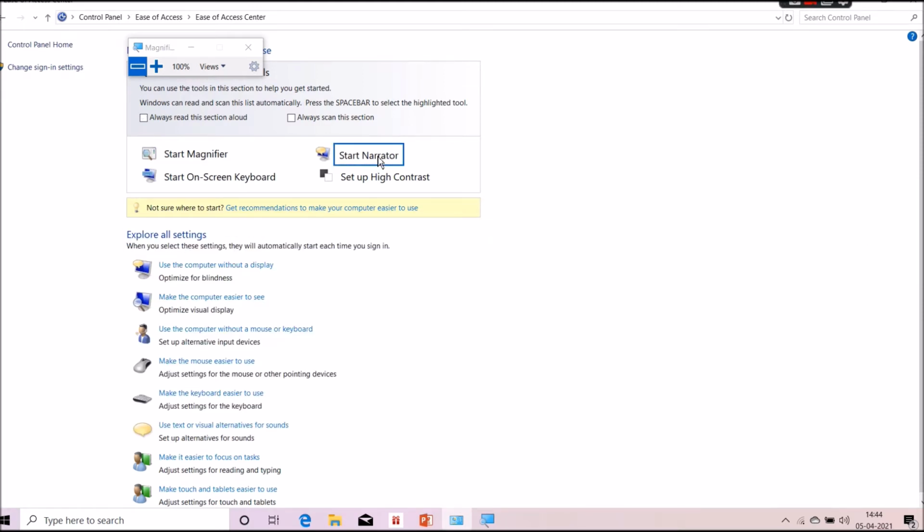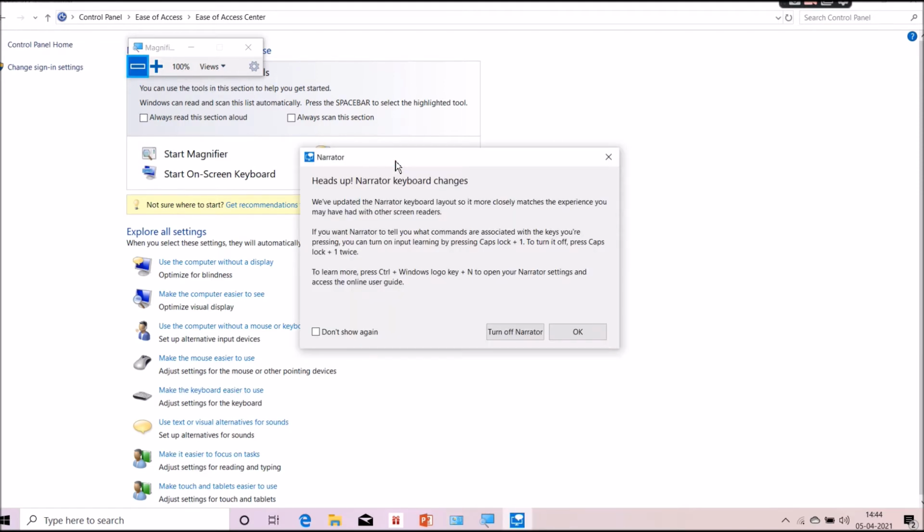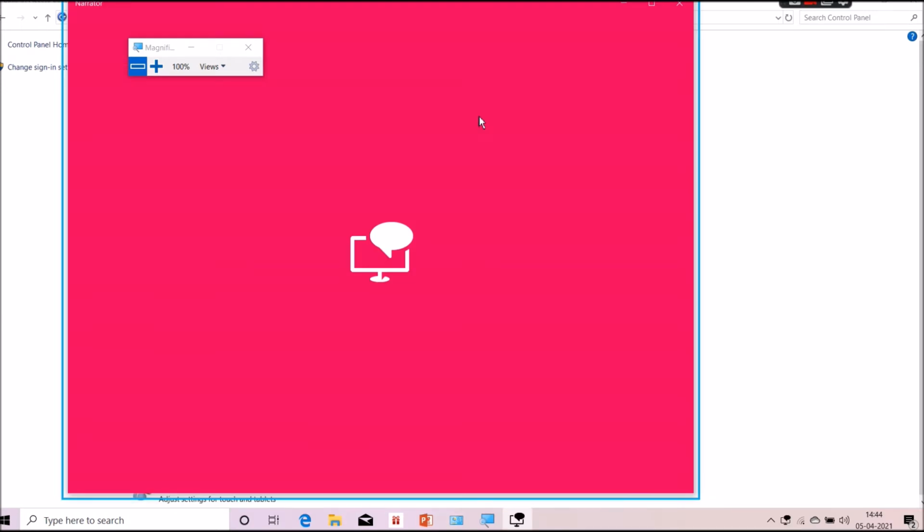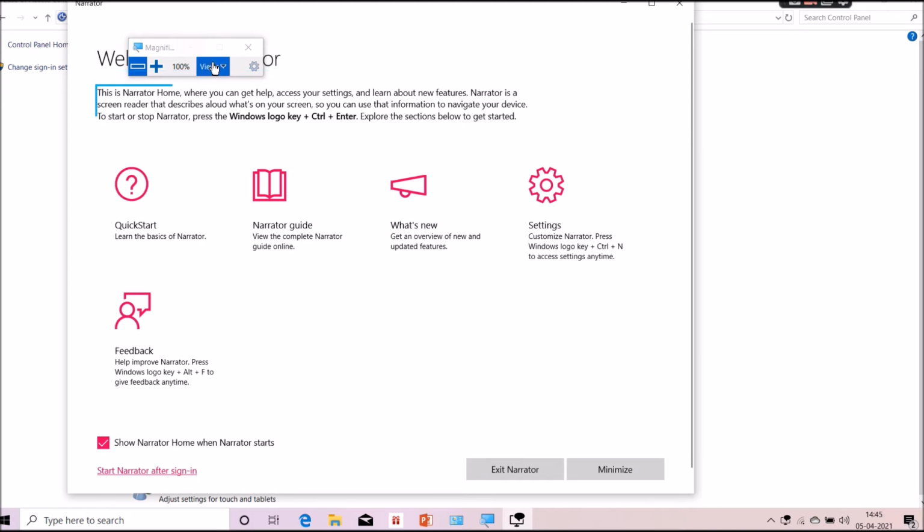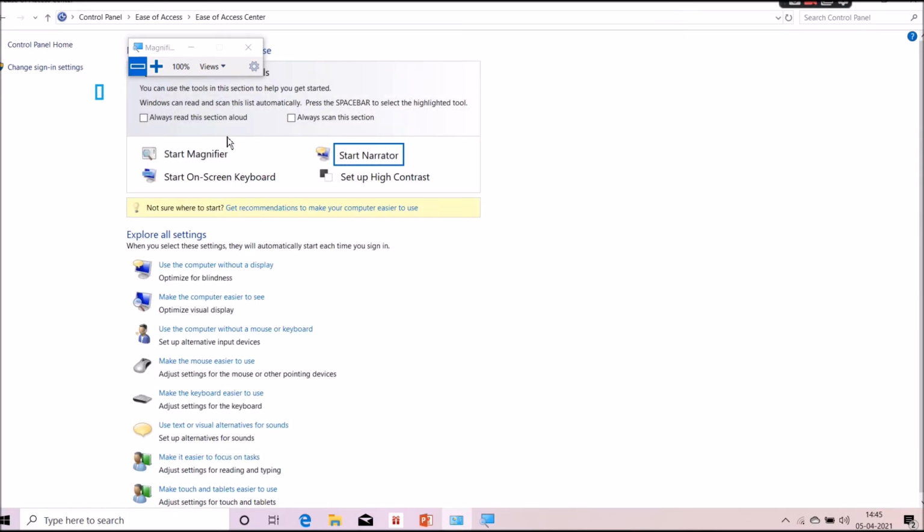Start narrator. Narrator, what it is actually, this is the feature where narrator reads aloud text on the screen.